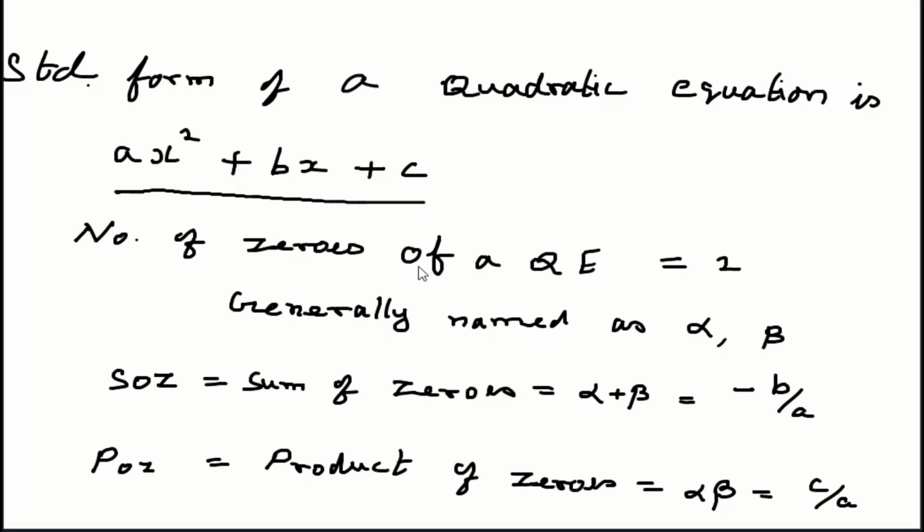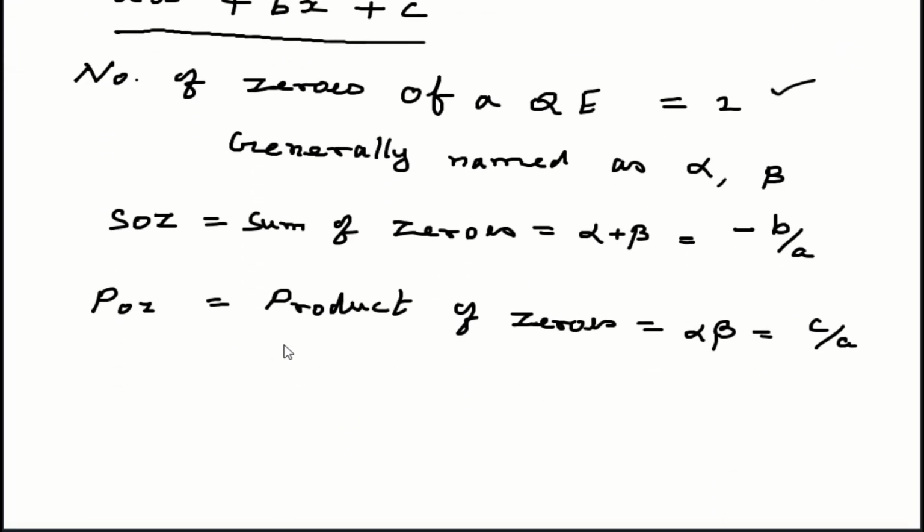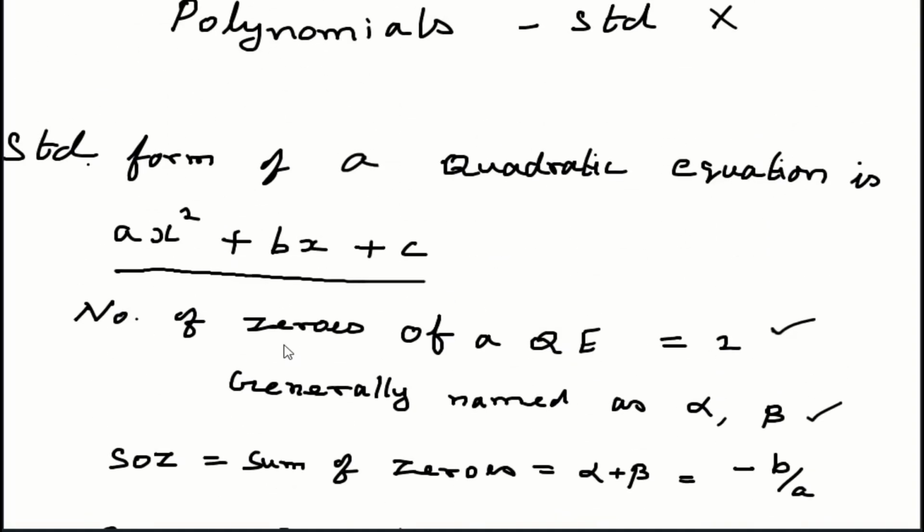For a quadratic polynomial or a quadratic equation, we know that the number of zeros is 2. Generally, they are named as alpha and beta. It is not always alpha and beta. It can be even A and B, or it can be even P and Q. Given a quadratic equation to you,